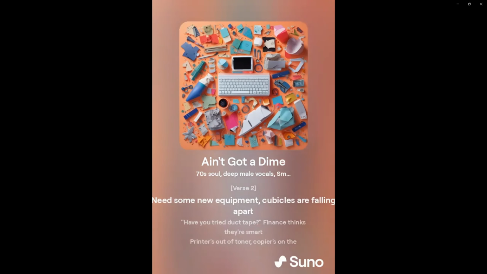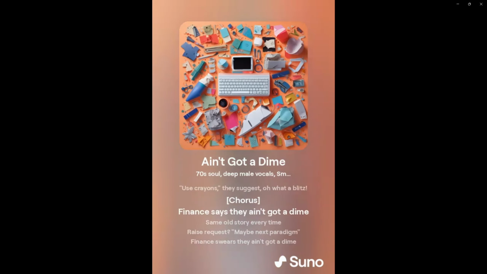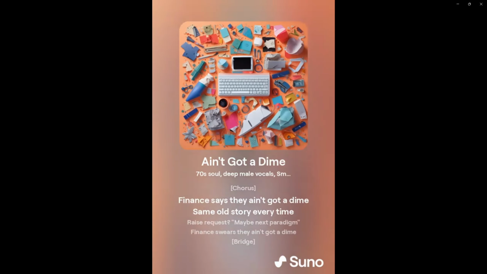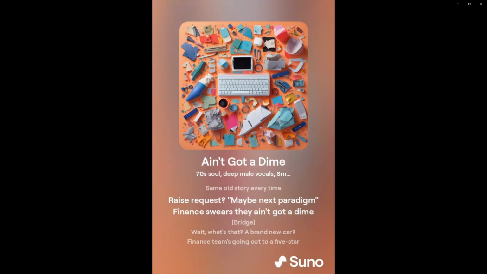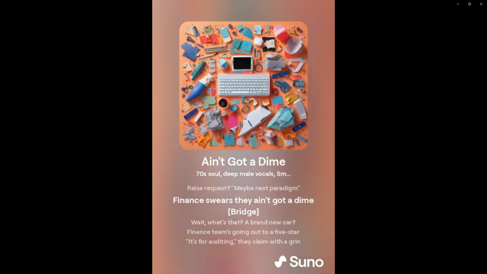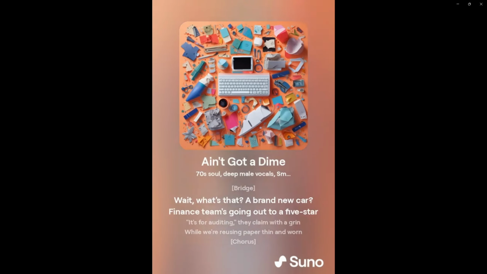Need some new equipment, cubicles are falling apart. Have you tried duct tape? Finance thinks they're smart. Printers out of toner, calculators on the fritz. Use crayons, they suggest. Oh, what a blitz. Finance, they've got a dime. Same old story every time. Raise request, maybe next paradigm. Finance West, they've got a dime. Wait, what's that? A brand new car. Finance teams